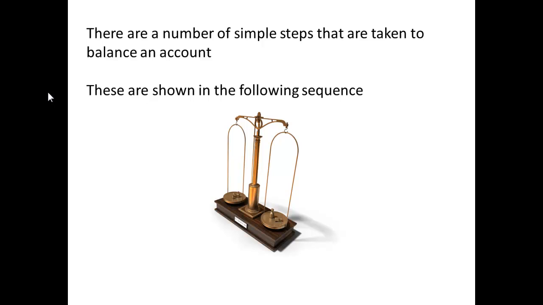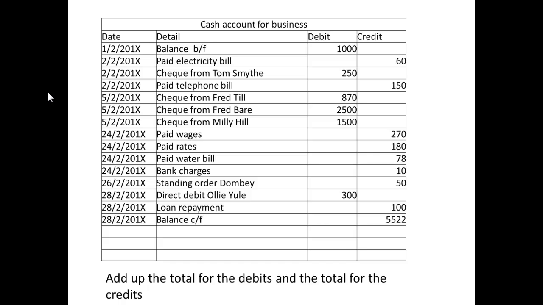So there are a number of simple steps which are taken, and we're going to introduce you to a nice little sequence and show you how you can always balance an account using this simple sequence. So here's an account. It's got several entries in it. It has debits and credits, and we add up the total for the debits and the total for the credits, and we can see that in order to make both the same we have to add a balance. That's a balance carried forward, and in this case it's 5,522. Right? Our debits totaled 6,420, our credits totaled 898, and so to make the 898 up to 6,420 we